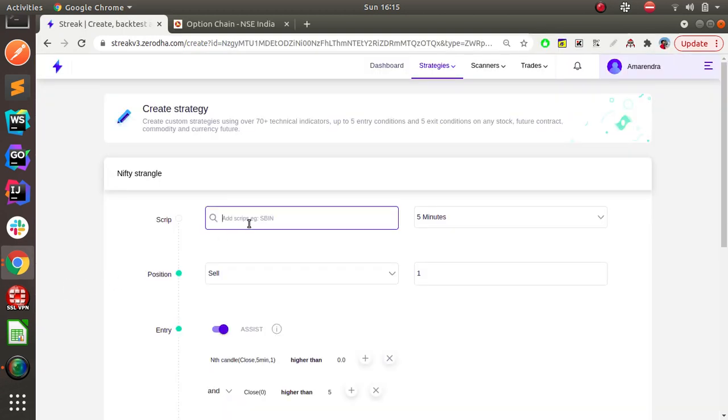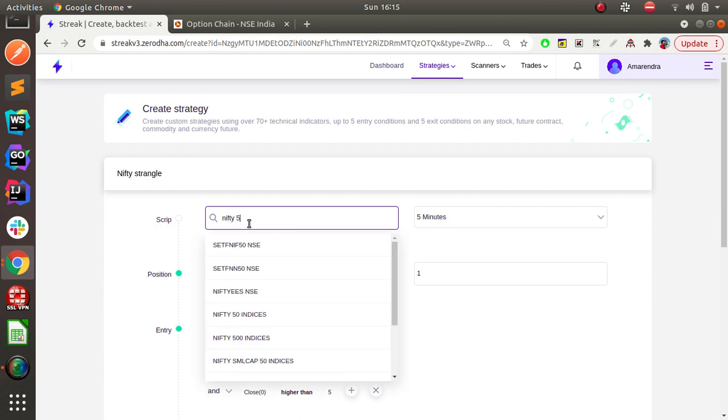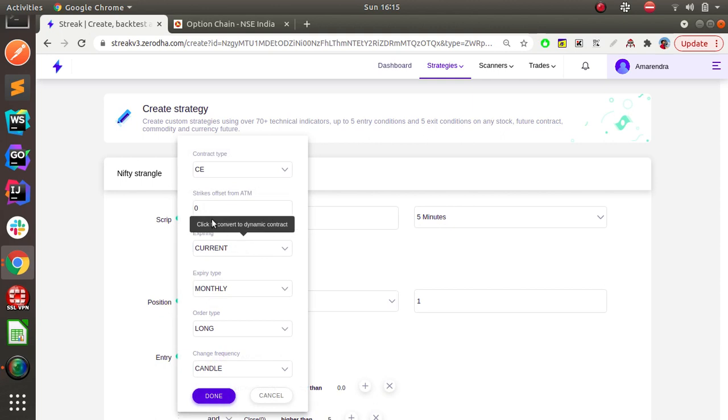So here we are going to select Nifty 50 indices, CE. So what we thought, from current spot price to 9, this offset is from the current spot, how many strikes away you want to sell. For example, 9 I have selected. What we discussed, instead of current we'll select the next week. Instead of monthly, we need to select month. What we need to do, short, not long. Long is nothing but buy.